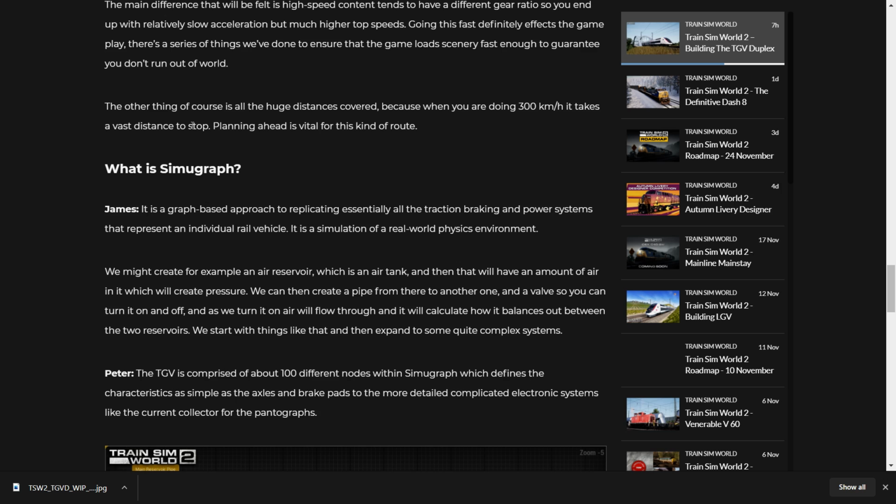I don't know what this is. What is SimGraph? So James explains that it is a graph-based approach that replicates